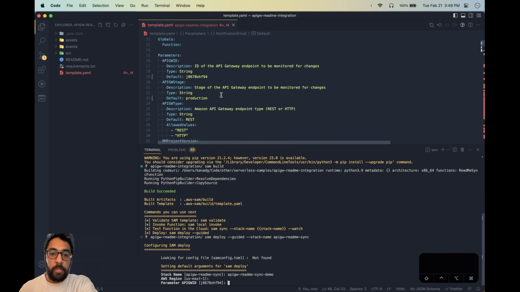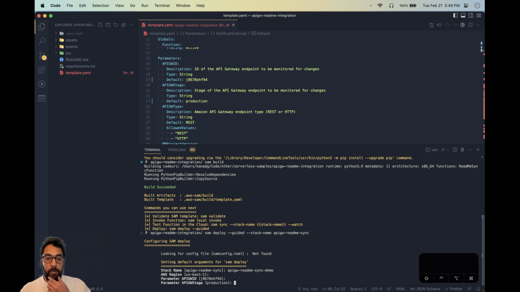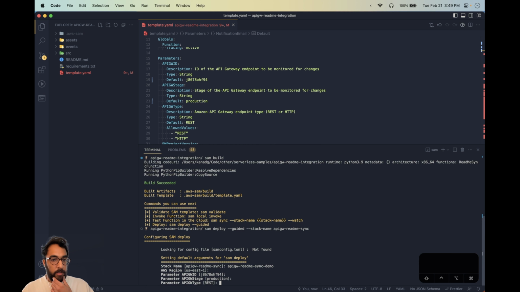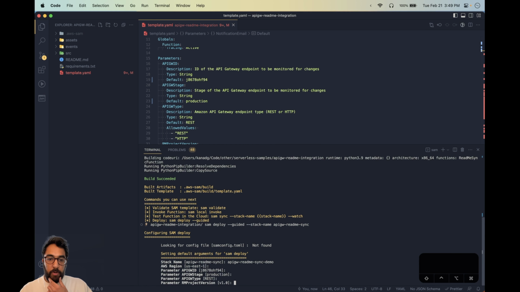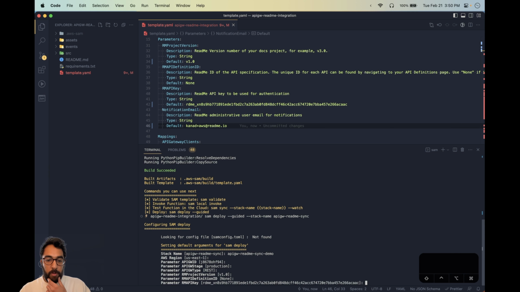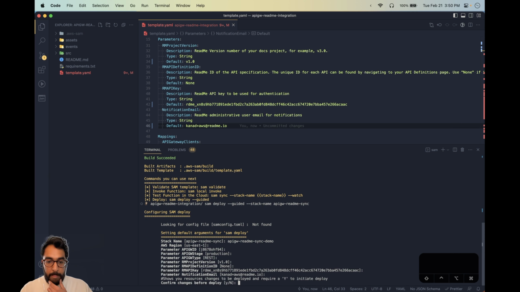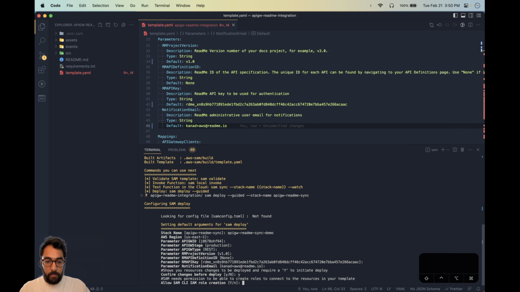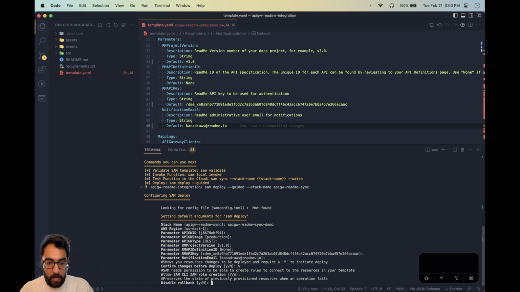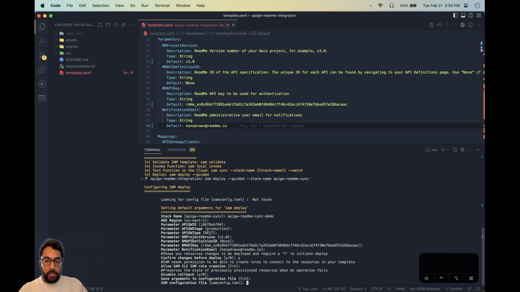So this is pulling the values from here. So I can just confirm that, confirm that. It's going to be a REST. The project version, again, that's being pulled from the template here. No API definition ID. That's correct. That's correct. Confirm changes. Everything looks good. And then, all right, so I believe we can just hit the defaults for the rest of these. Yes, yes,